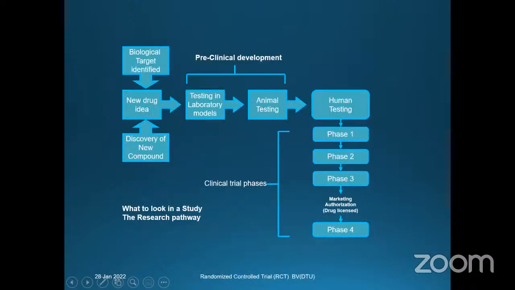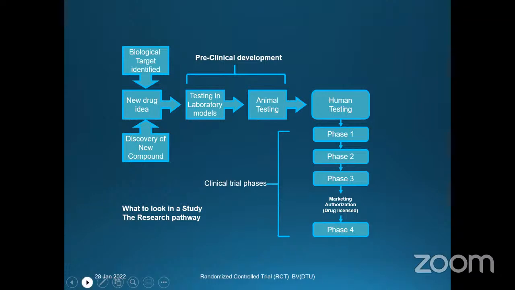Okay, preclinical development. If any drug or vaccine is there, a biological target is identified, for example on SARS-CoV-2 infection, new drugs come, they are tested in laboratory models, and this is called preclinical development. Then human testing, phase 1, and phase 4 is effectiveness after the